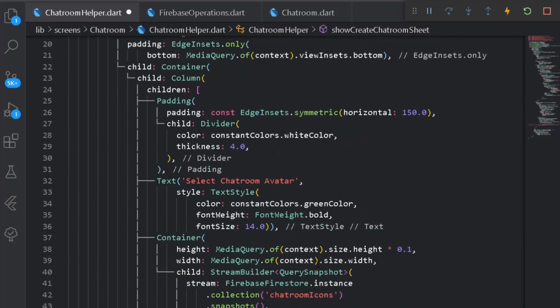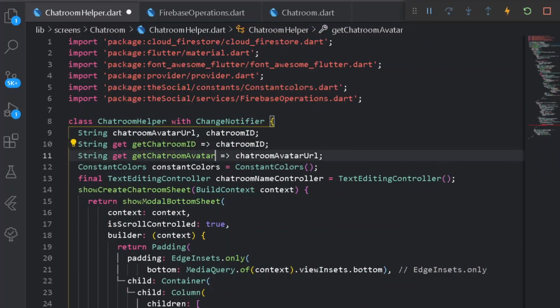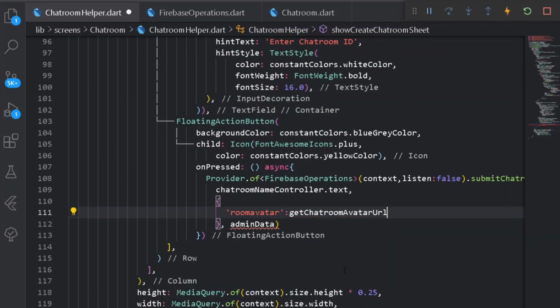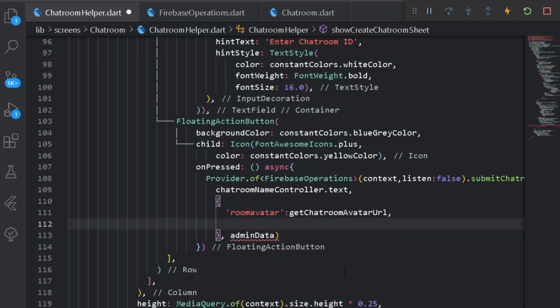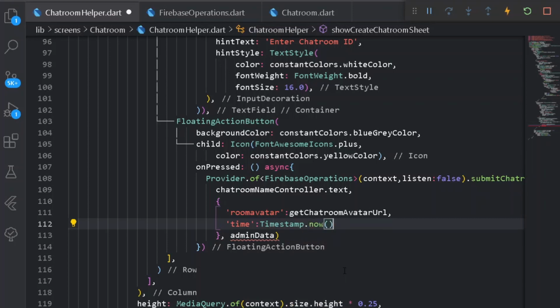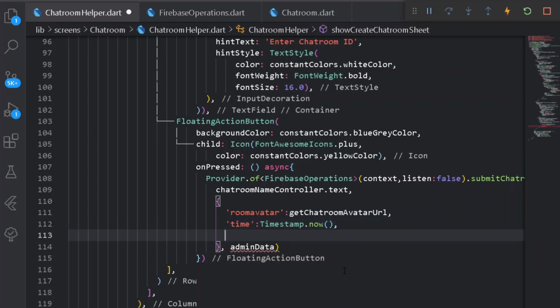Alright, let's go up and convert the following thing to URL, so we'll be getting a more precise answer. So let's come down here and have the following thing. So once we have done this, first of all let's create a time for a timestamp of now, so that we can filter all of our chat rooms. So after providing time, let's have room name. Under a room name, I can simply say controller.text. Alright, let's have a semicolon, that is colon, whatever you call it.